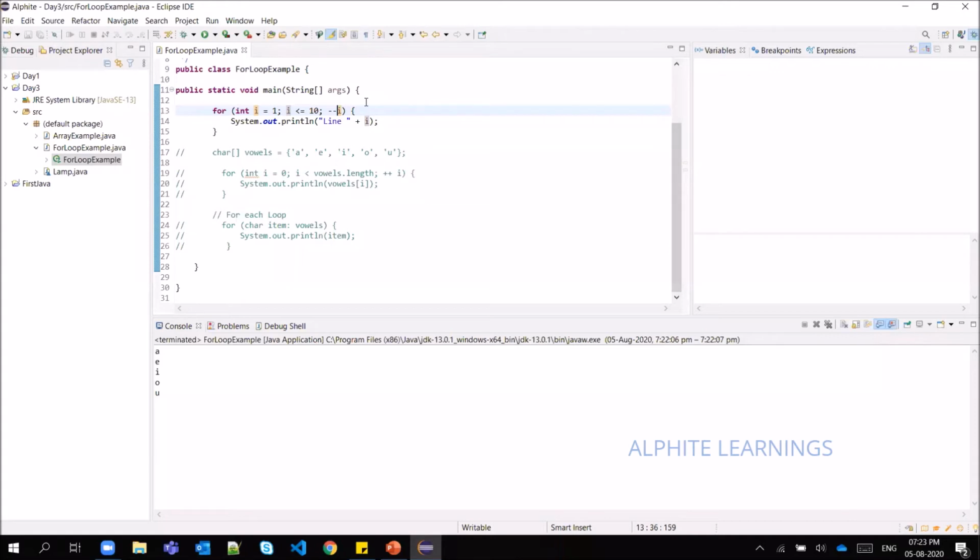The value keeps getting reduced by 1 and the loop doesn't stop. As a programmer we have to keep this in mind, and we should not write a loop like this. We need to avoid this. That is called an infinite loop. It will only create errors or problems in your program.